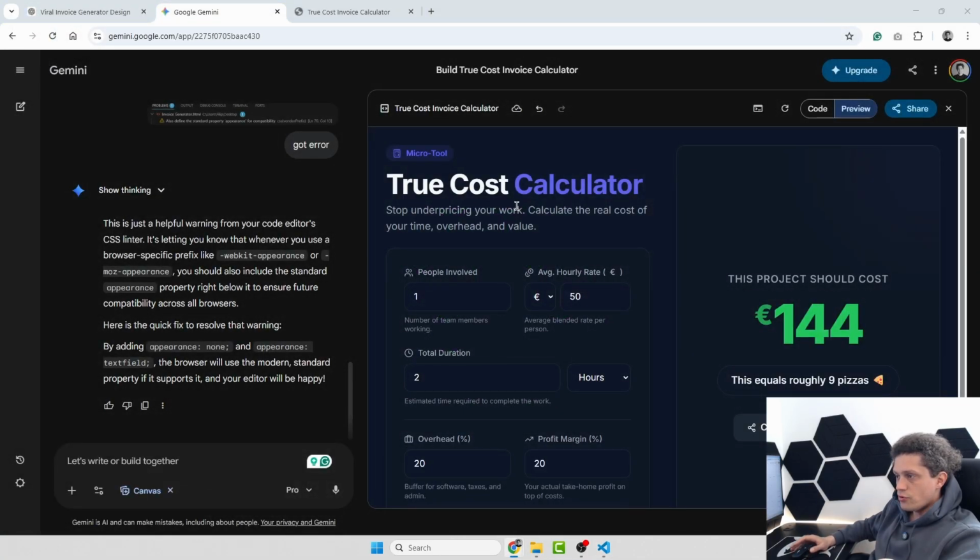And this is our true cost calculator. You can download it from the link in the description or comments, whatever. I include my RAD inside it, and you can check out the